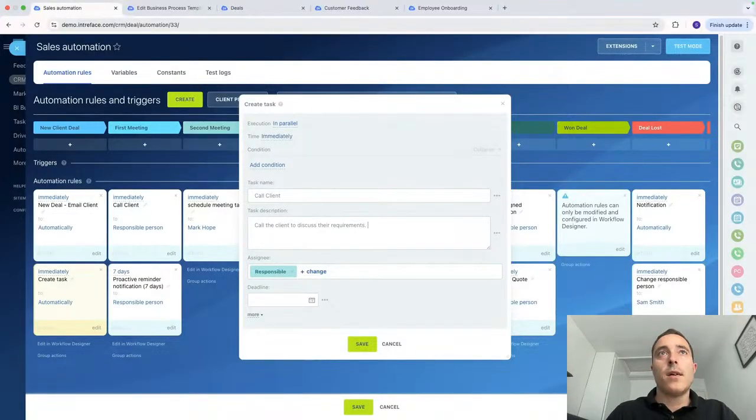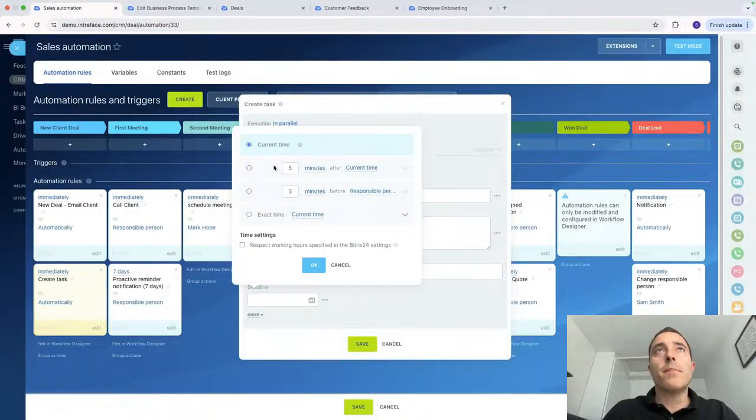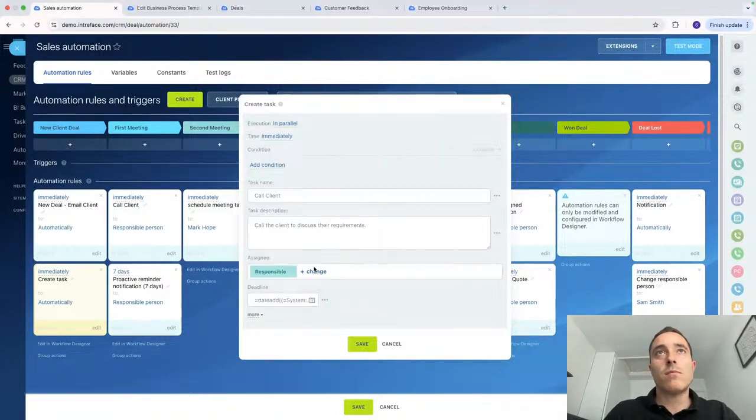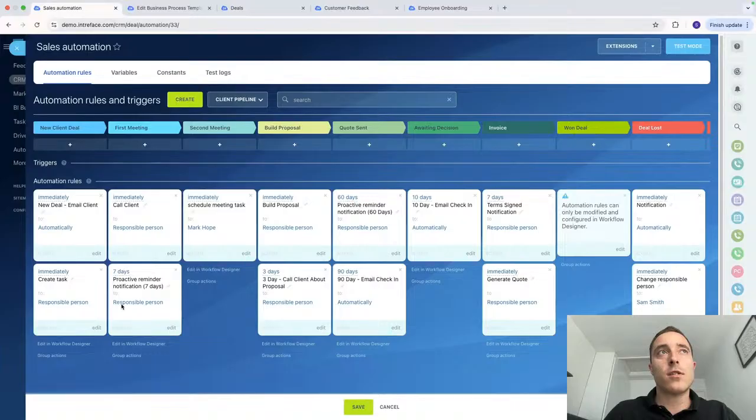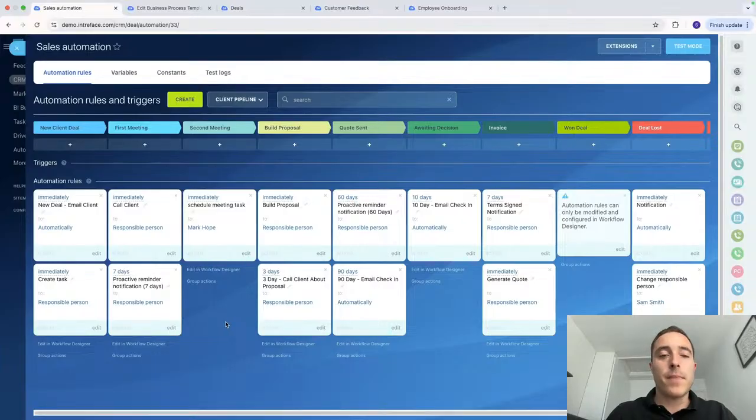Okay, and then we can assign this to a specific person. I'm going to put this to the responsible person on the deal because that is the most logical methodology for assigning that. And then we can put a deadline in place. So I'm going to say here within 24 hours of the deal being at that stage, that task needs to have been completed. So it really adds accountability to the responsible person to ensure that task is completed